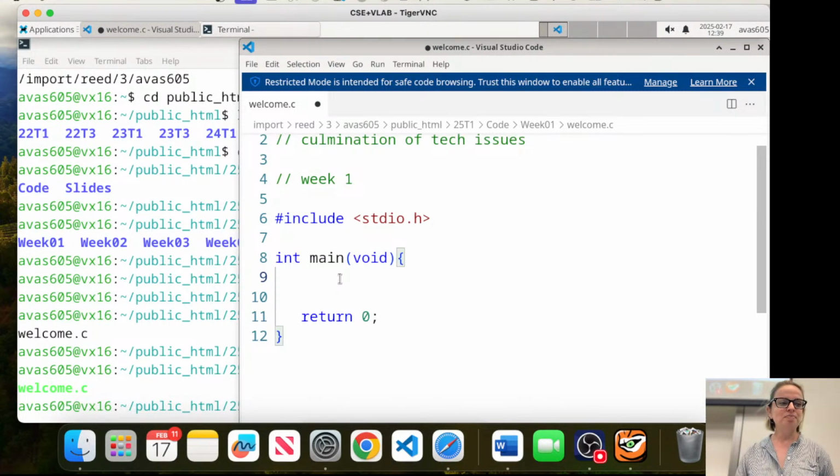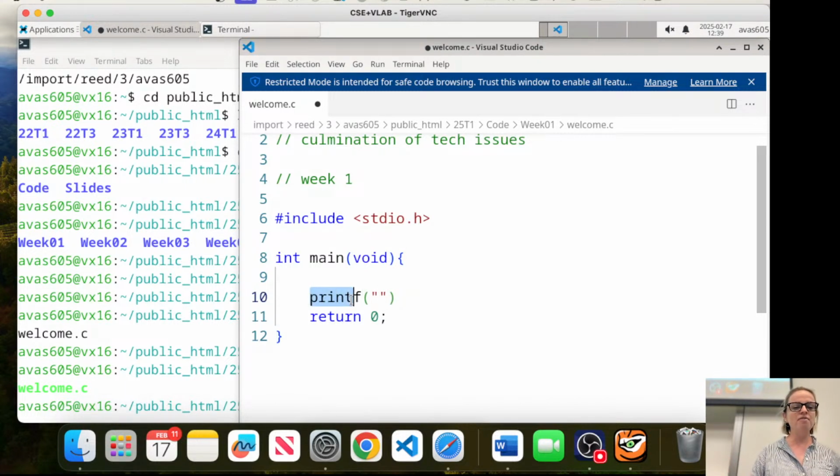Okay, so now we've got to do something, otherwise this is really not doing anything. This is the most boring program ever. And what we're going to do is we're going to use printf, and printf is your standard output to terminal. So who knows what printf stands for? Yeah, print formatted. So it's going to print out something for us.